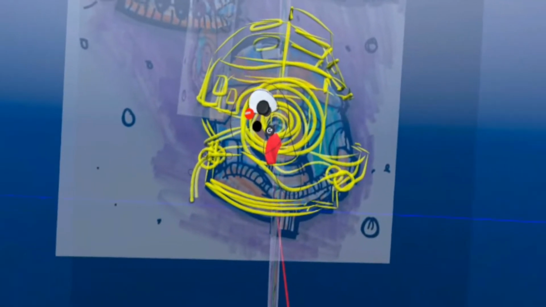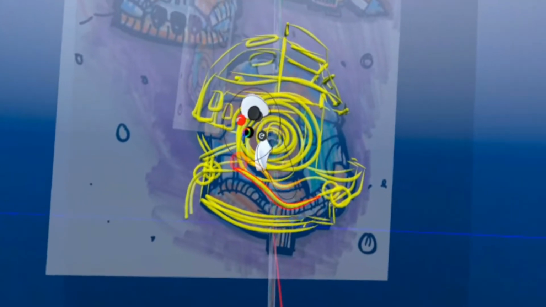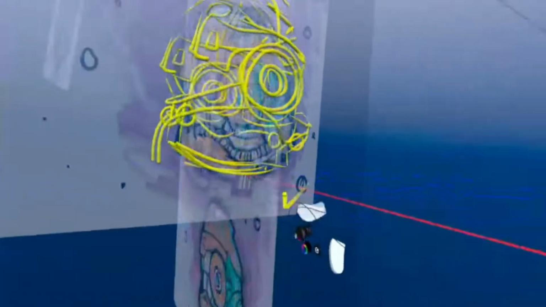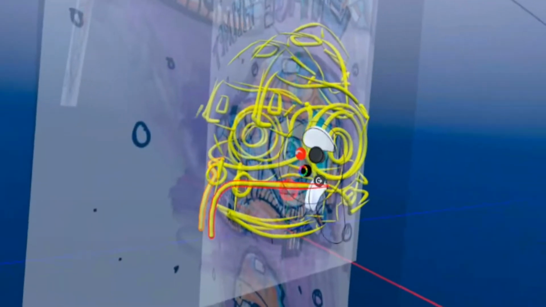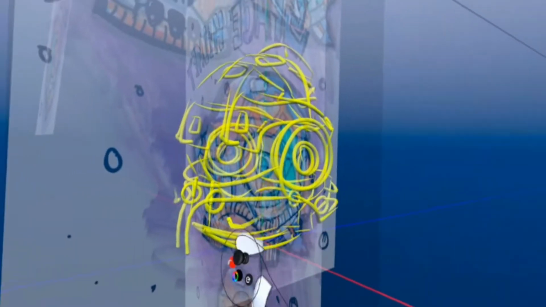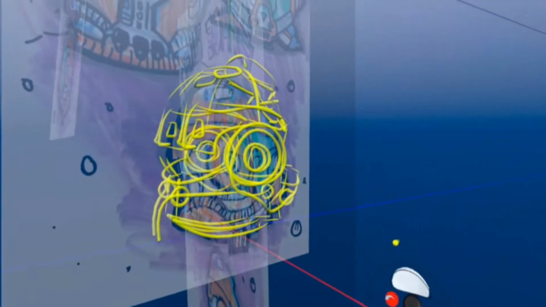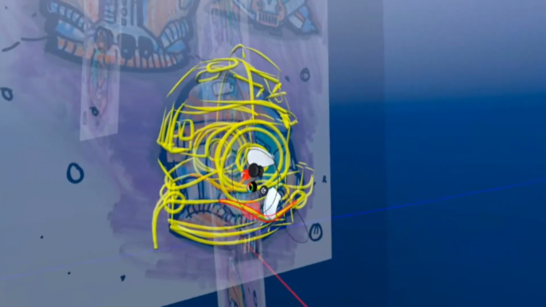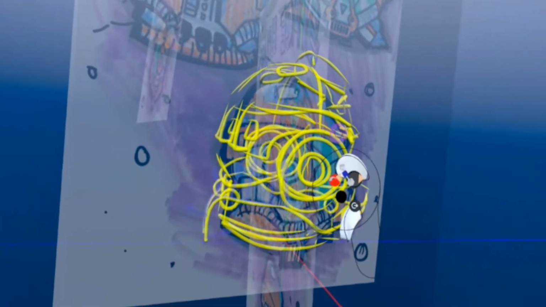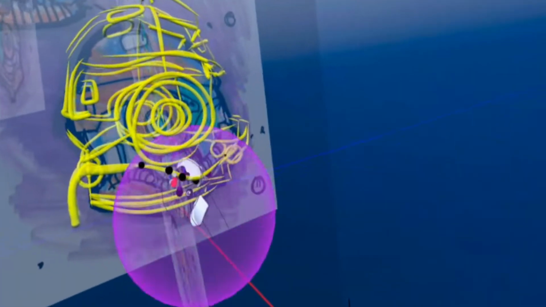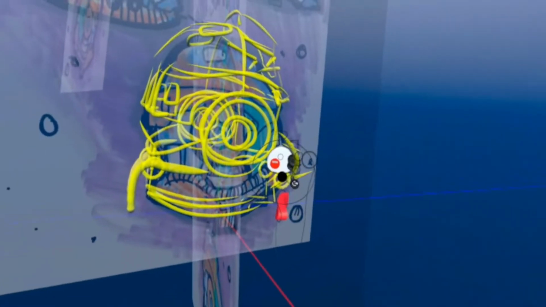So there's the basics of that is here now. And now I'm going to do sort of, I'll take these lines away here real quick. Actually, we'll leave them there. I'll just take all these points, fatten them up, and we'll do that by, I'll just select all the points, and then I can move